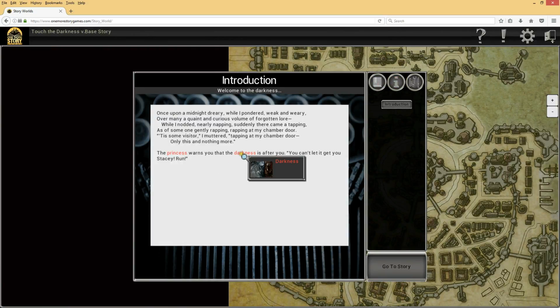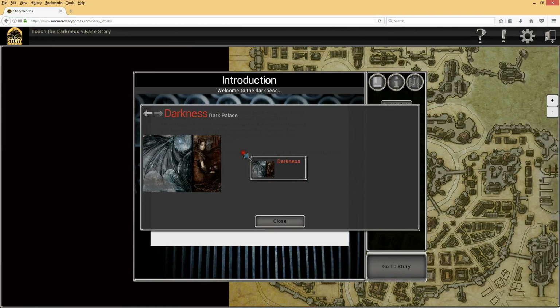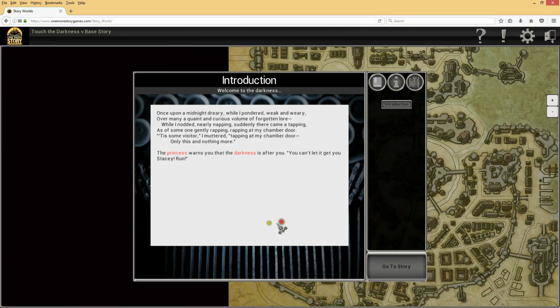And now I know about the darkness, which makes sense if you think about it, because to be able to link this text with that entity, you've got to know the entity. So because of the way we wrote this introduction, I was given an extra bit of information about this character,